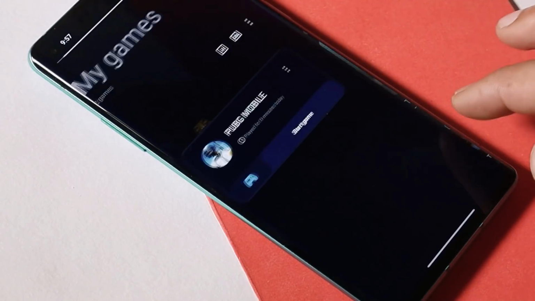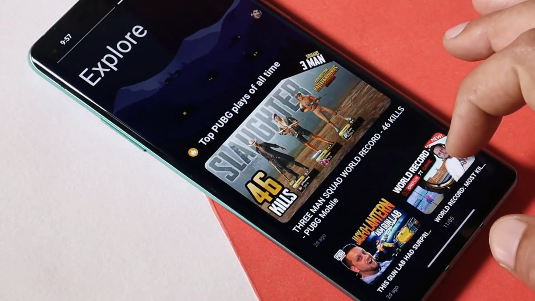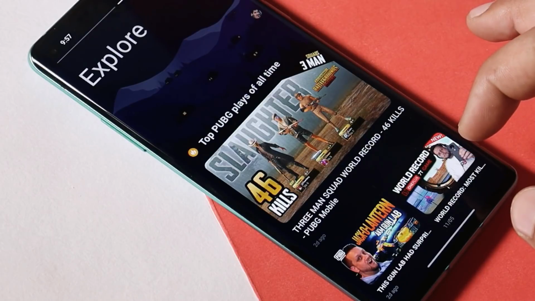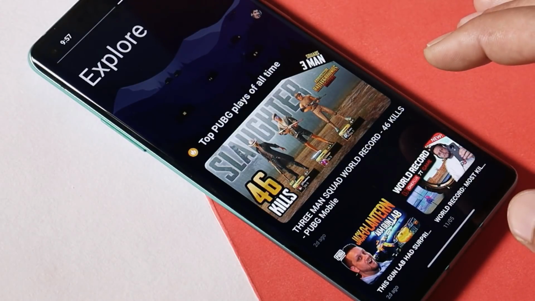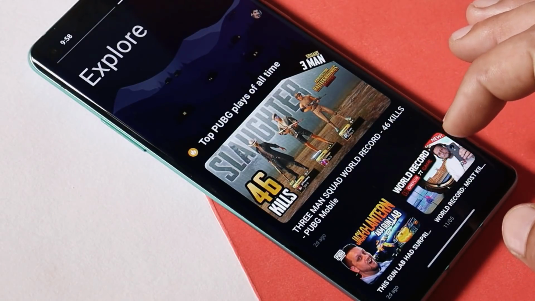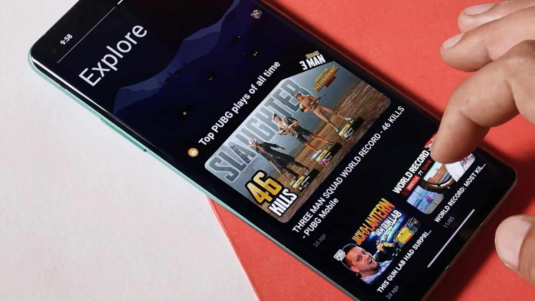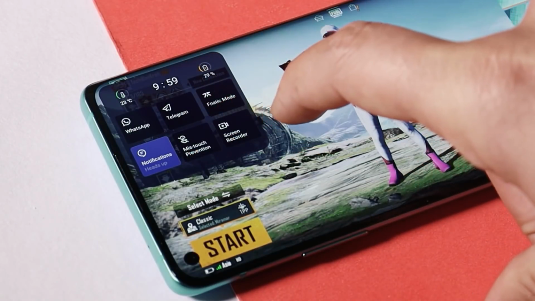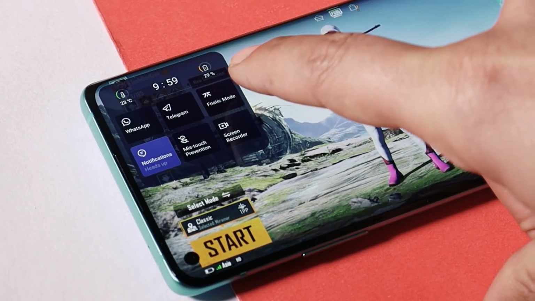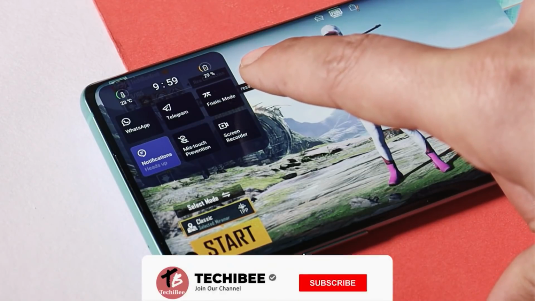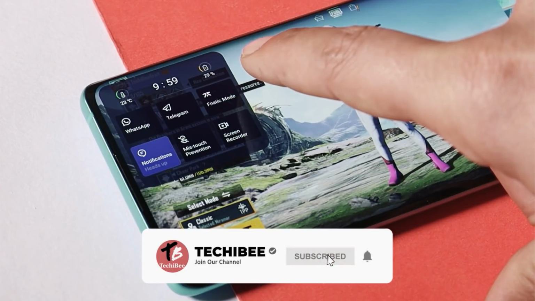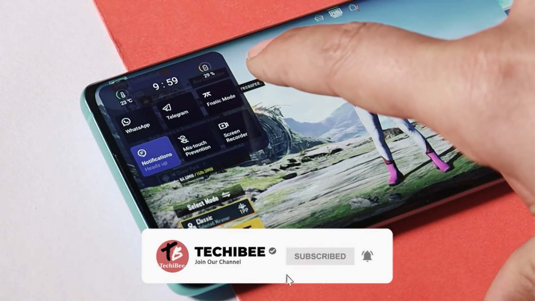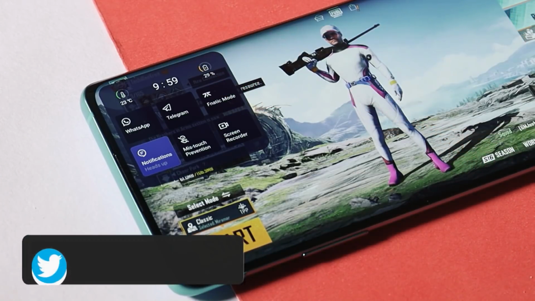Basically only one addition has been done, which is related to explore, and here you can see all the videos recommended by the GameSpace application, and we're not sure on what basis these videos are being recommended. And here we have the new gaming toolbox. Nothing new added over here, but soon we'll also see an FPS meter included in the GameSpace application, which you can directly find inside the gaming tool. So once it's available, I'll let you know guys about it.